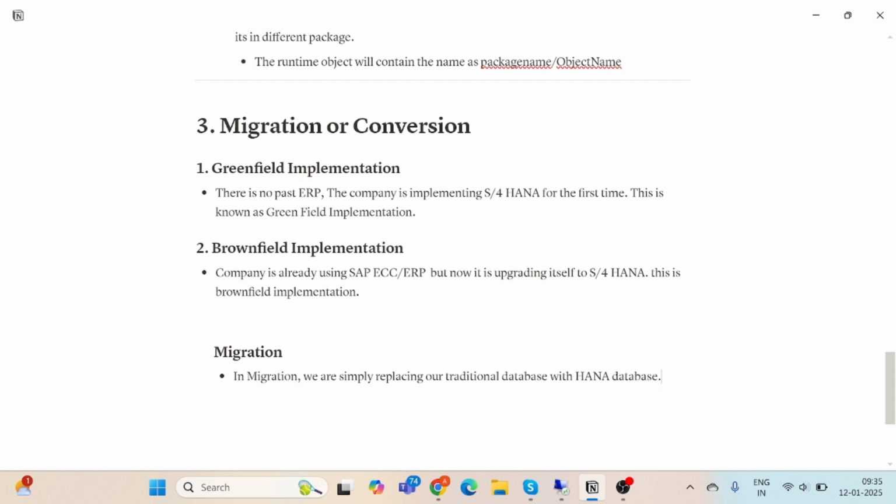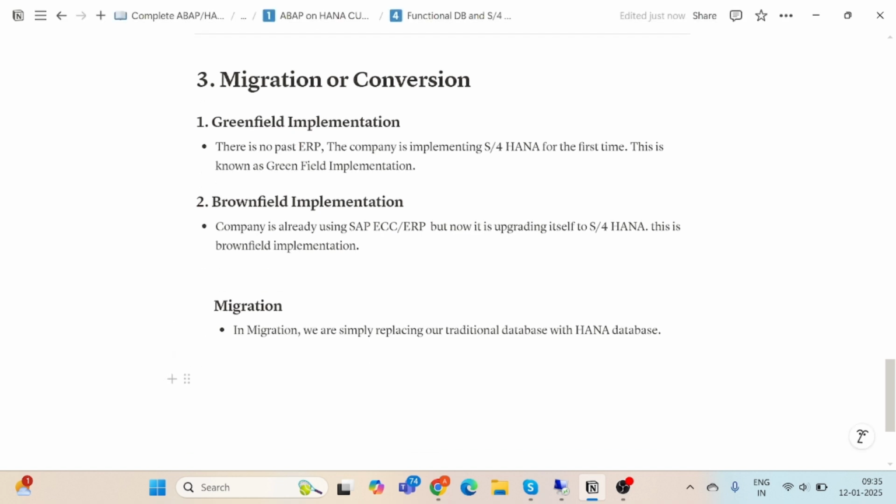It can be Oracle, it can be Sybase, it can be MS SQL or MySQL also. And if we talk about conversion,